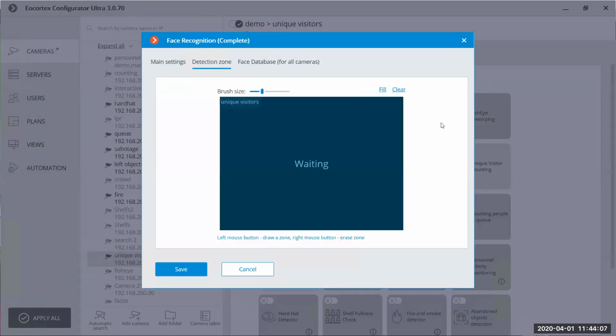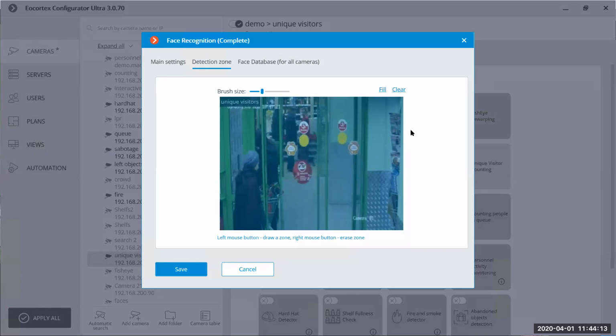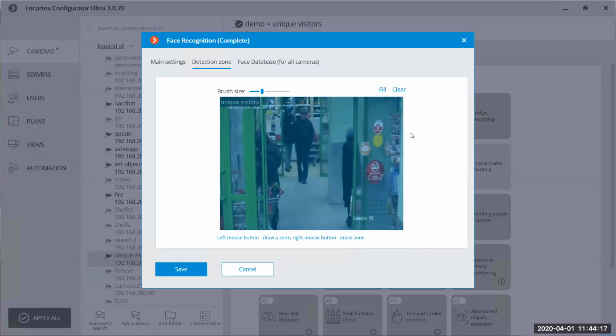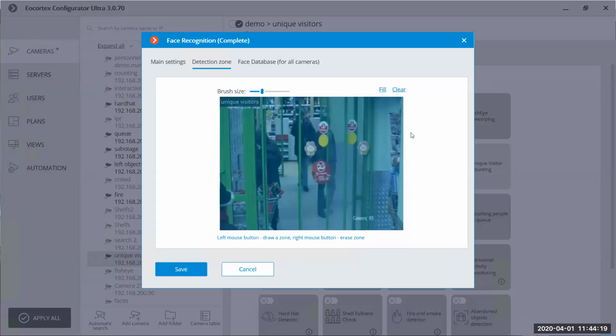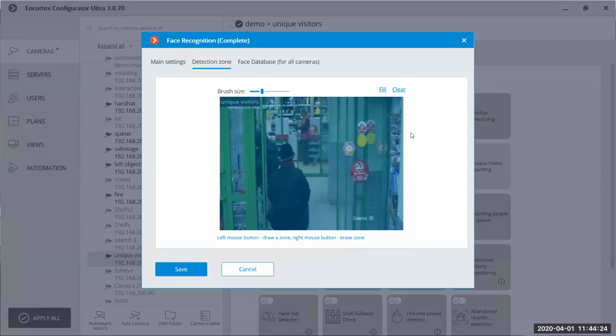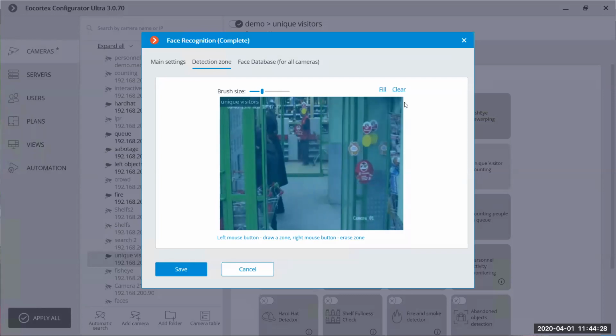The detection zone. Here we can change the detection zone. It's important, for example, if we have an access control system and we need to detect and recognize faces only in a specific area, then you can exclude some areas.